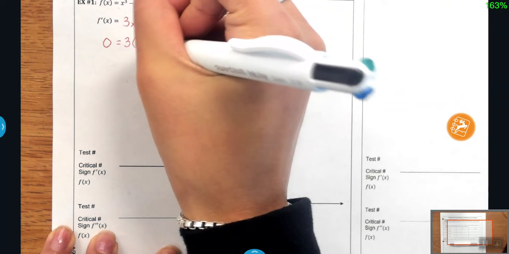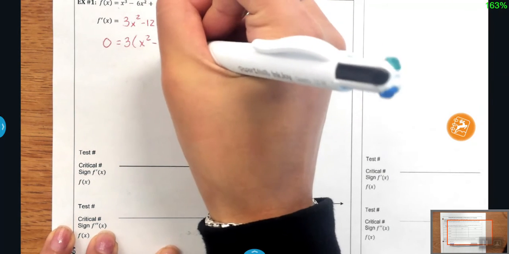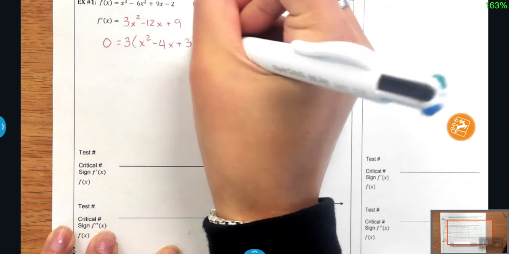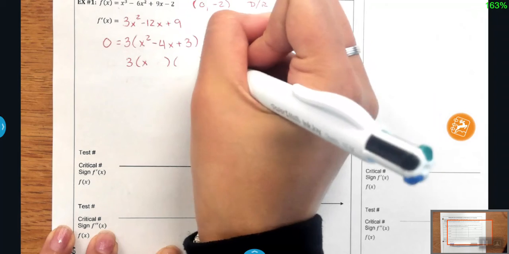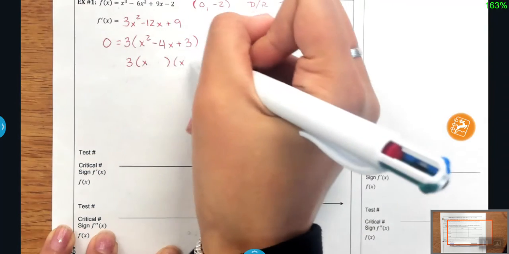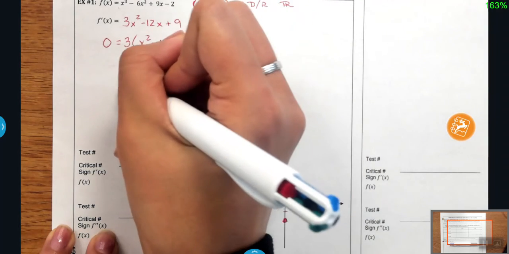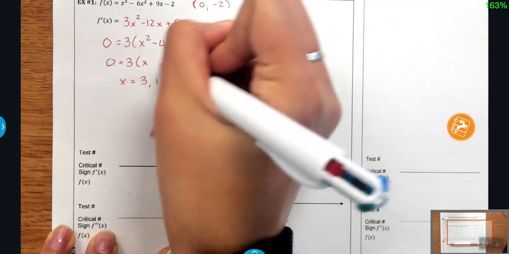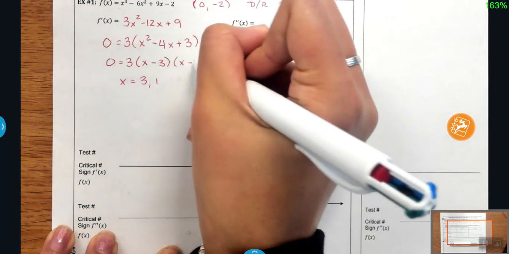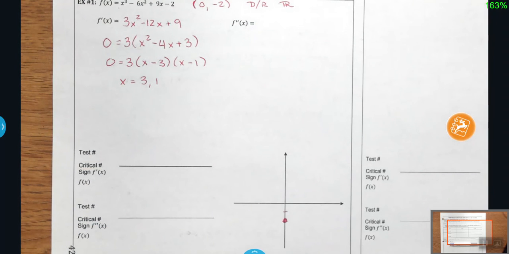Yeah, we'll take out the 3. So 3 and 1. Thank you. x equals 3 and 1. Oh, okay, you already went here. Okay, cool. So if I do a sign chart for that,